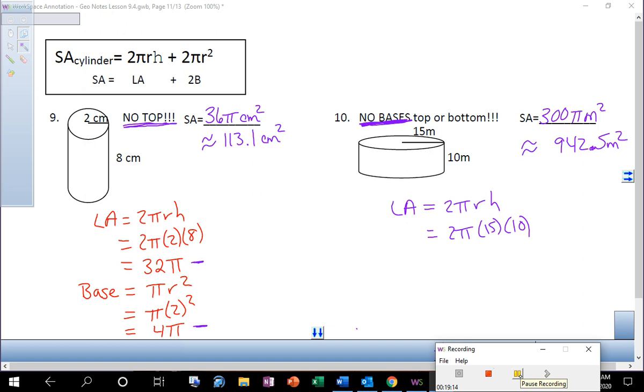So that's one problem you can come back and look at with only one base. Another problem if you need to come back and look at it with no bases, just that lateral area there. Alright, so hopefully you guys feel like you have a pretty good idea of how these problems work. You're comfortable with what numbers you need and where they go into your equation. So now, if we flip over onto the back,